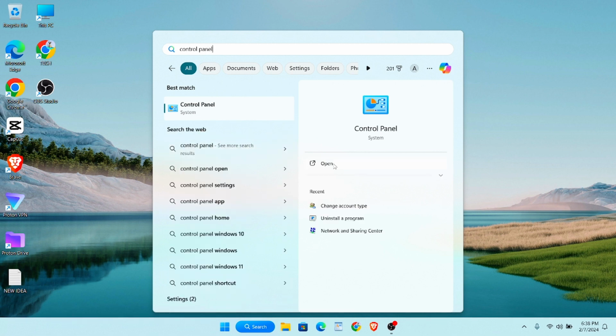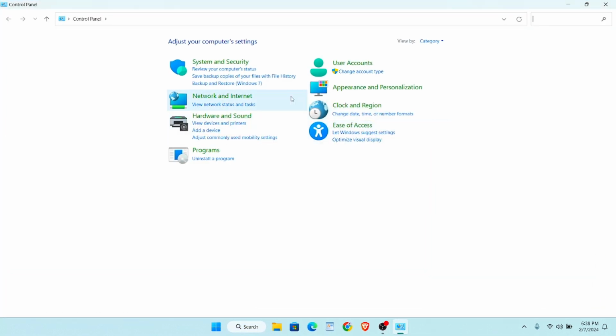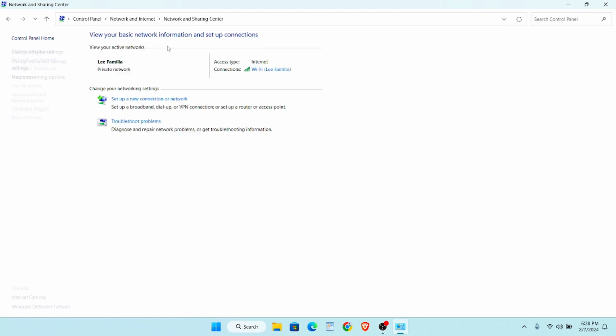And then click on open control panel and then click on network and internet and then click on network and sharing. Click on that and then as you can see, change advanced sharing settings. Click on that